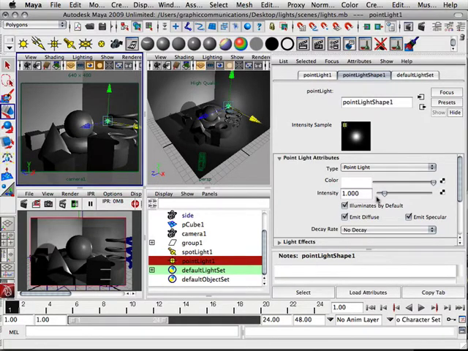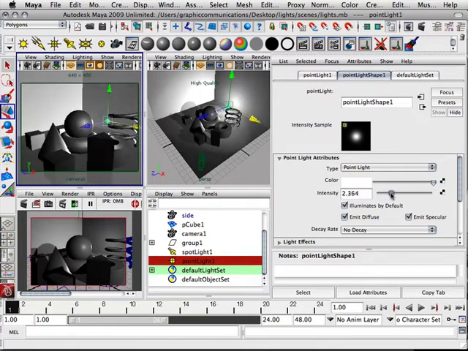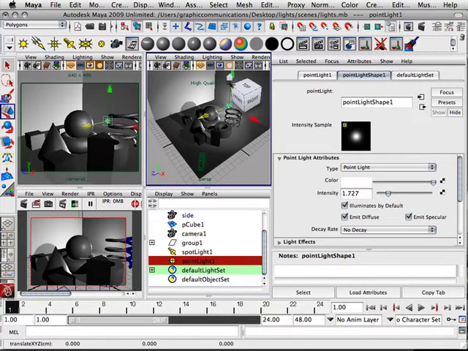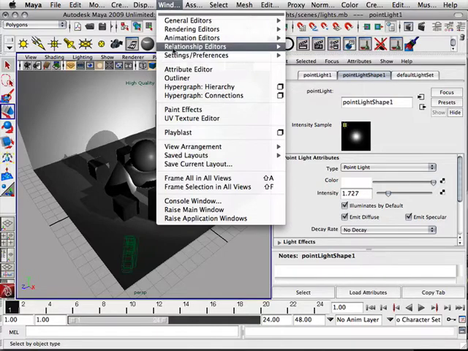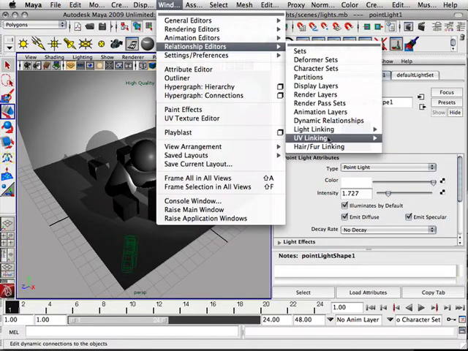Also, usually this light, this backlight it's called, is usually at a higher value. Now you see how it's lighting the scene too much. Even though it's at a bright value, I don't want it that bright. But I want it that bright on these objects, but not the other objects. So how do I handle that? How do I separate light from object? Well, that is called light linking. It is located under here, relationship editors, light linking,